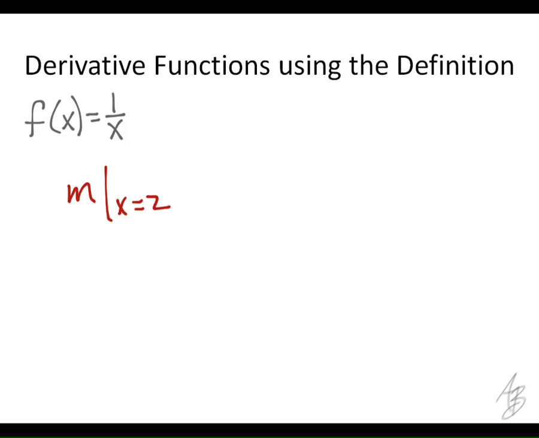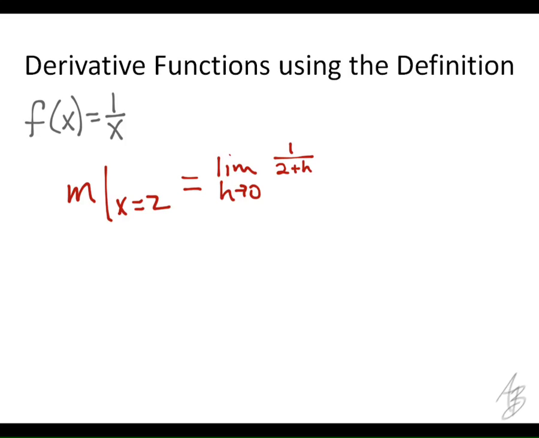So the slope of this function when x equals 2 is going to be equal to the limit as h approaches 0 of, okay, it's going to be f of a plus h, which would be what? 1 over x plus h. But what are we putting in for x? a. Okay, so if we're doing it the way,